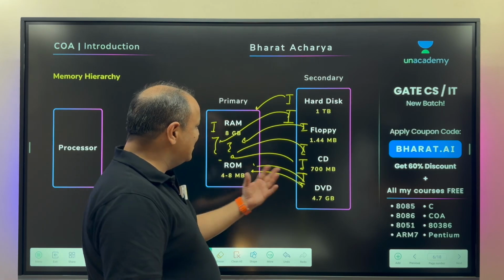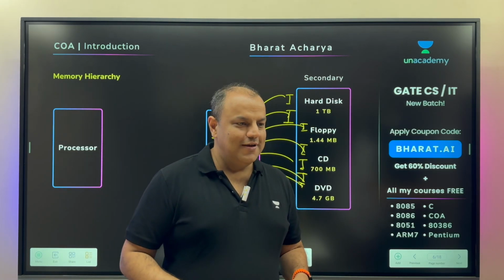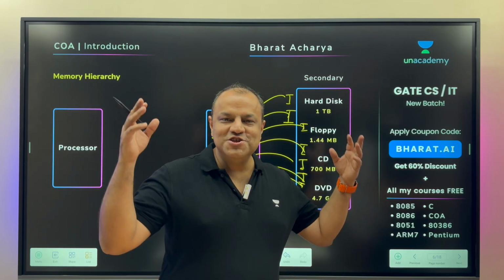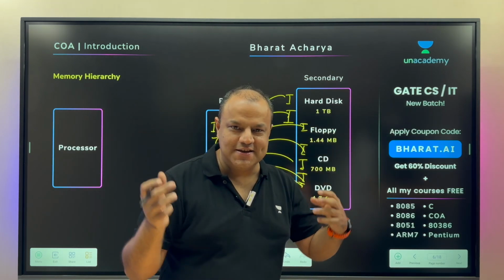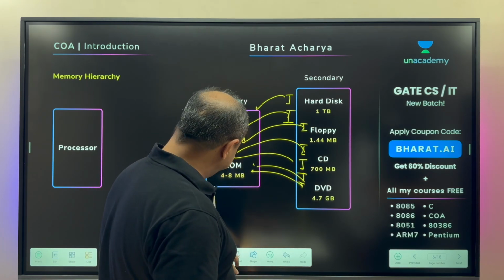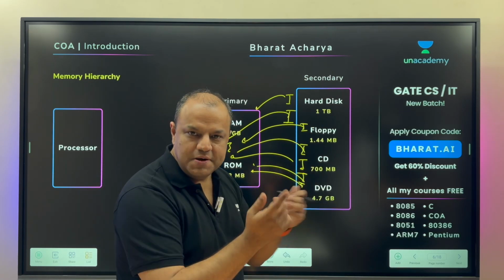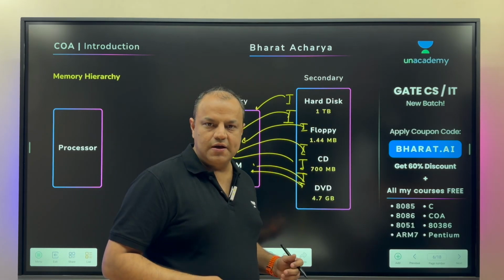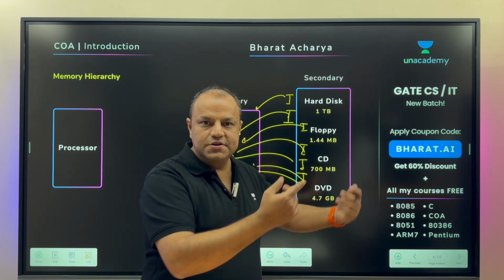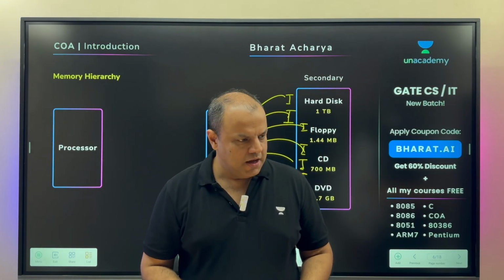A person who understands this and can relate it to the real world, if you learn from people like those, the knowledge sticks, the concept sticks, it hits the spot in the head from where it can never come out. Anyway, so what happens when the RAM gets full? Page replacements happen, algorithms are run, it's decided whether the page needs to be stored back, where the dirty bit and all come into the picture. That's when you learn paging in detail.